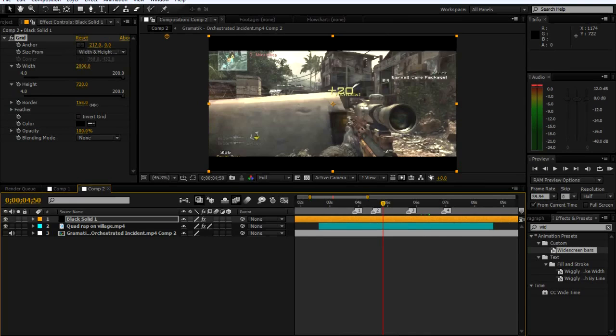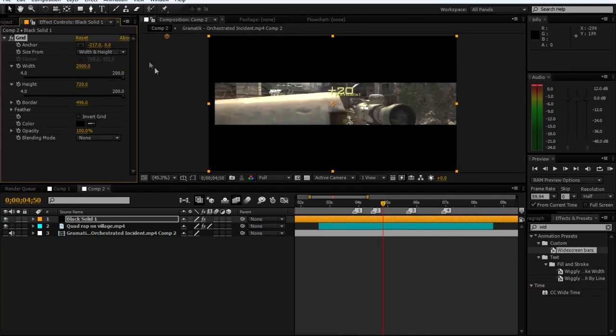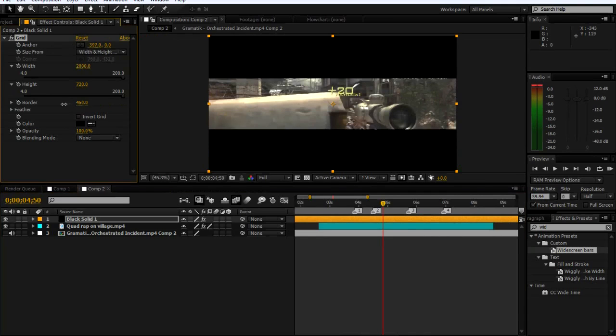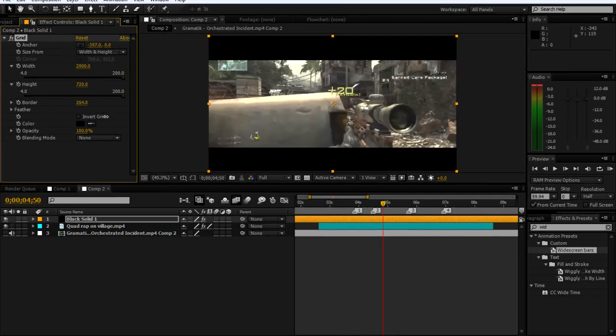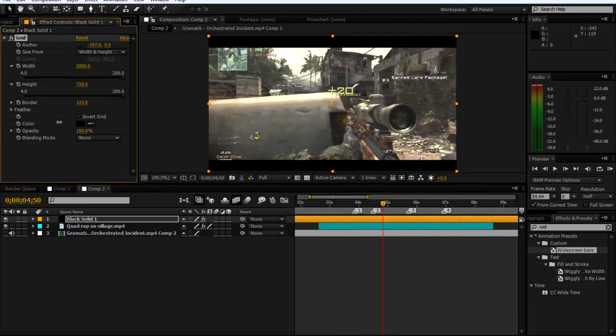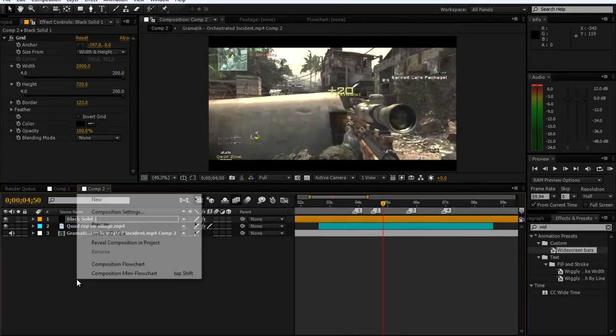Right here by border, you can zoom it in, but then you have to drag this out more up top. You can bring it back out. You can make it small. You can do whatever. Bring it out here, right there. Do whatever you want, however big you want. I think right there is good. Then we'll add a quick